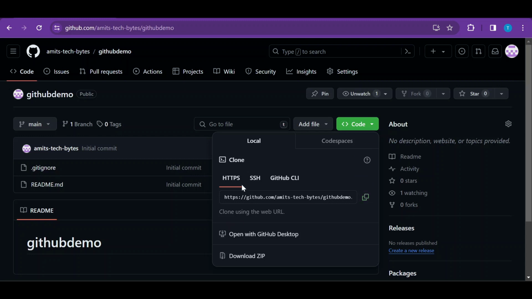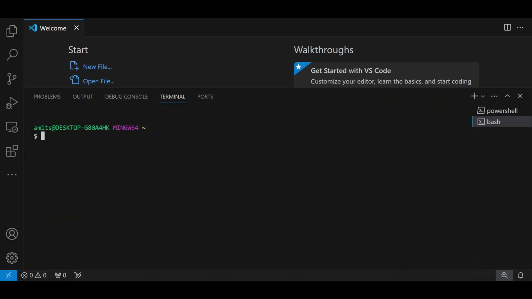There are multiple options for how you can clone. You can do it by HTTPS, and SSH is also possible. These two options are available in all remote repositories, whether it is GitHub, GitLab, Bitbucket, or any other. So these are very common options to clone. We will go with the HTTPS option, copy this,